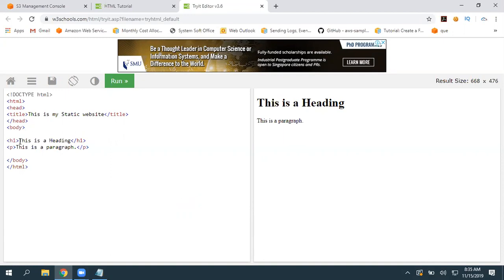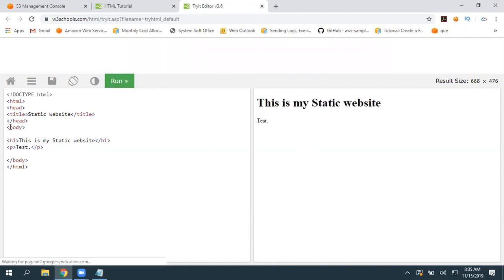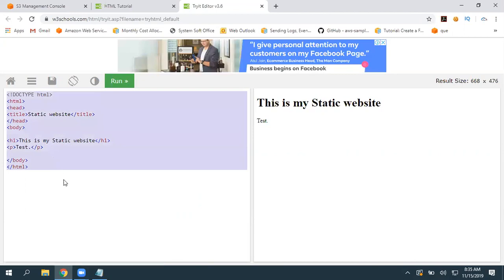What header do you want to give? The title is going to be static website, header 1 is going to be my website, and this is a simple test. Click on run. This is what your output is going to be. You can copy all this and save it with the name index.html.